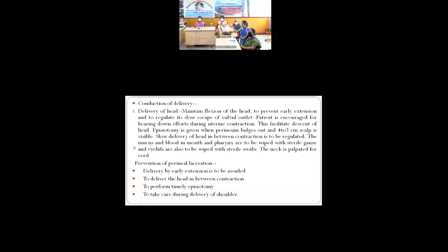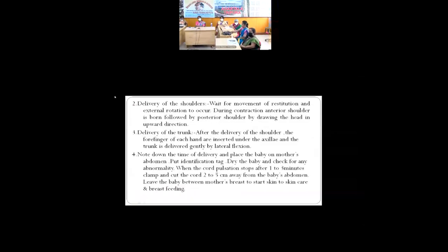The mucus and blood in mouth and pharynx are to be wiped with sterile gauze, and eyelids are also wiped with sterile swabs. The neck is palpated for cord. Now, prevention: how can we prevent the perineal laceration? Delivery by early extension is to be avoided, deliver the head in between the contractions, perform timely episiotomy, and take care of the delivery of